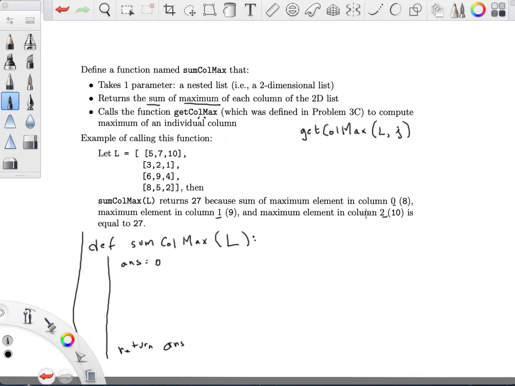So I have to figure out how to loop over all the columns. If I just loop over L, that loops over the rows, right? It would loop over the things in L, which are themselves rows. So if I want to loop over this, it's probably enough for me to pick out the first list, if I assume it's square, and say, hey,